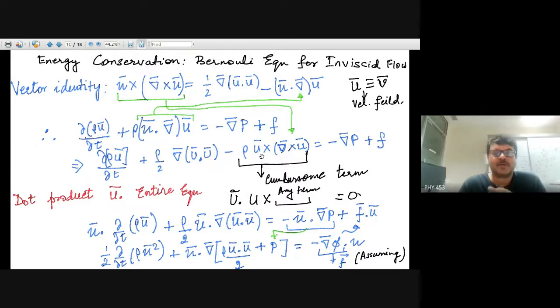And you do a dot product, by default it is going to be 0, because curl, if you're taking curl, you cross producting something with a vector u, whatever this be, is going to point in the normal direction, right? So if you just take a dot product, u dot u of anything curled, this quantity is going to be perpendicular, because I've done a cross product before that. Hence this equation becomes,